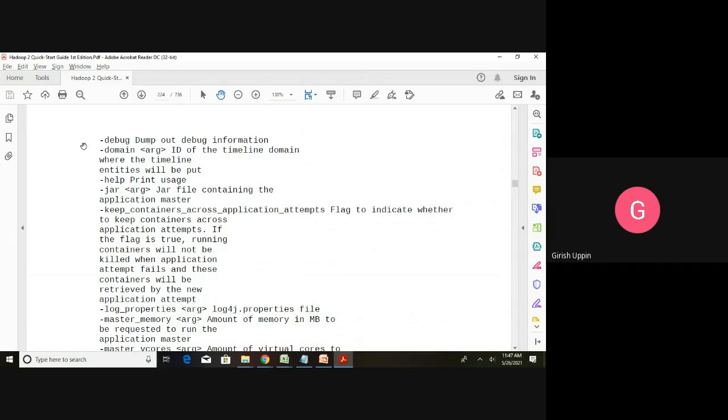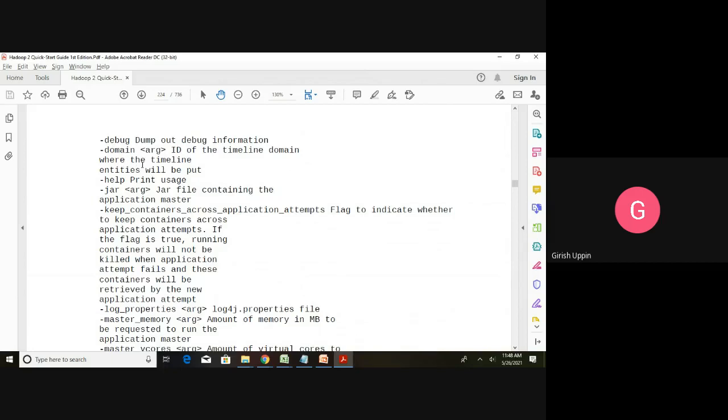And when you say hyphen debug, this is used for debugging when you are developing an application and running it on YARN. Because it is distributed, it's very difficult to do easy debugging. So what you will do is you will give this option hyphen debug. It will dump all the information into certain log files. Then you can look into the log files for any kind of error or any kind of out of sequence activity, and you can figure out the problems.